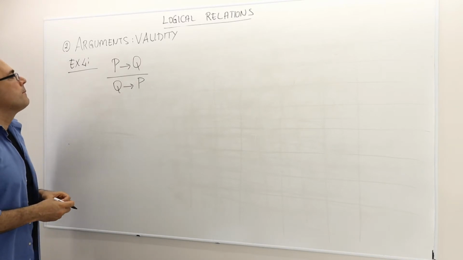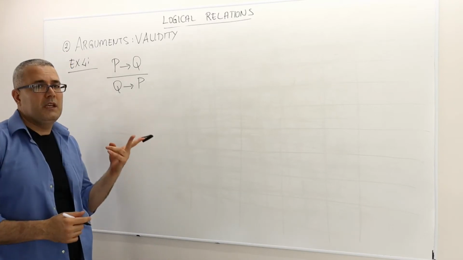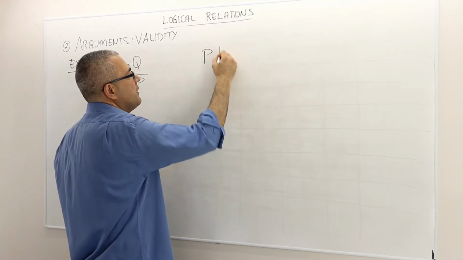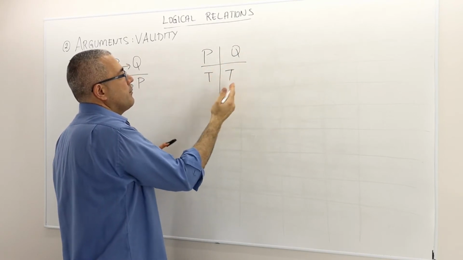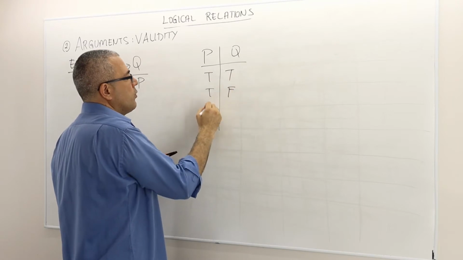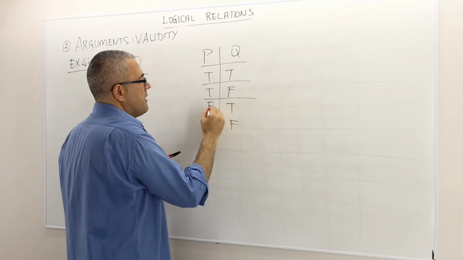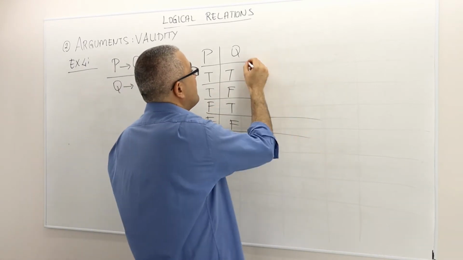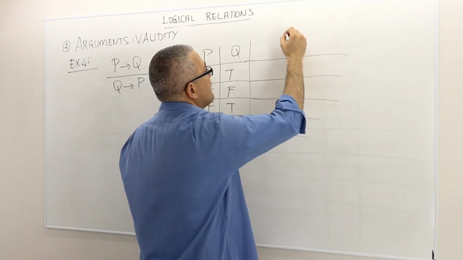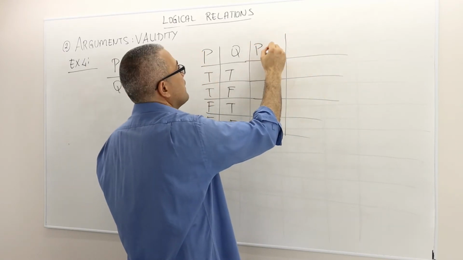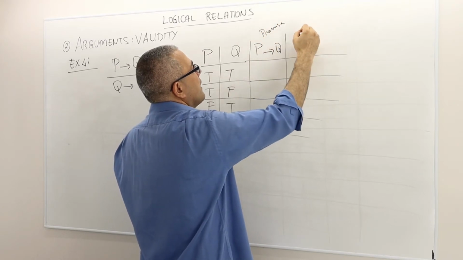truth table. So how many atomic sentences do I have? I have two, P and Q. All right, so P is here, Q is here. So again, they both are true, one false, and then they both are false. And then I have premise number one. Well, it's the only premise, which is P implies Q. This is the premise. And then I have the conclusion,